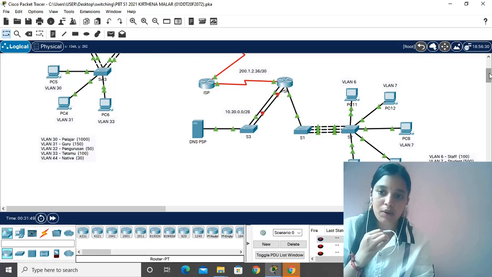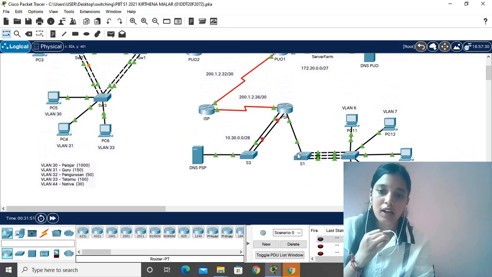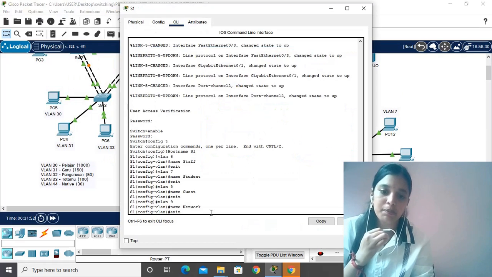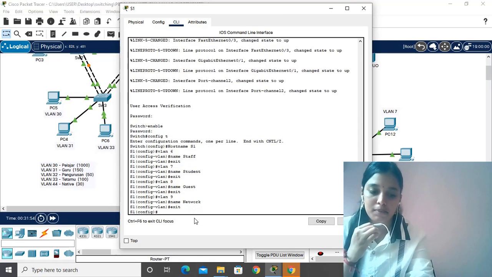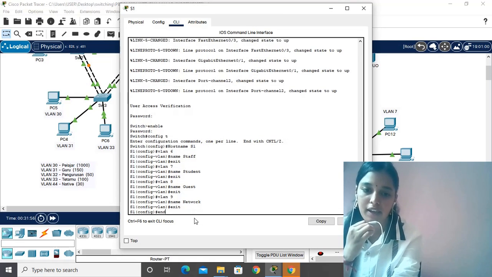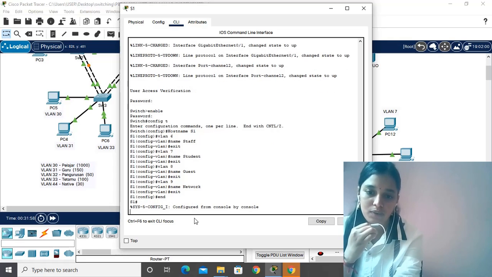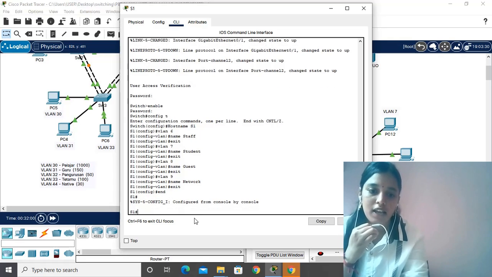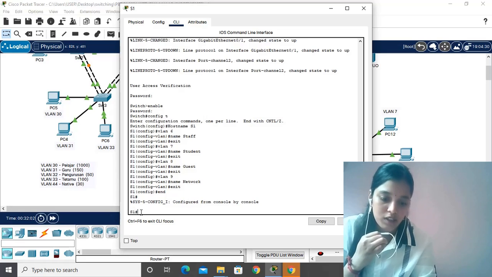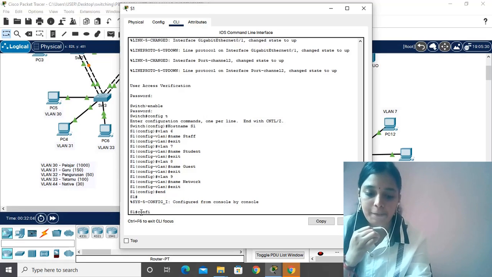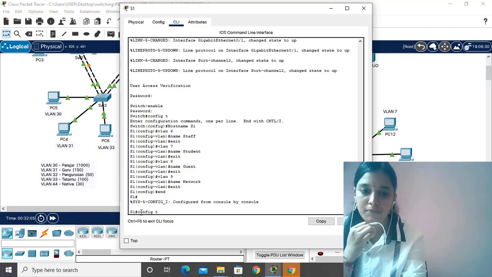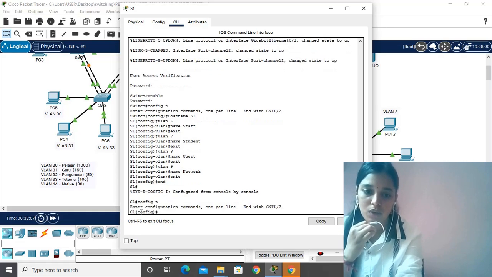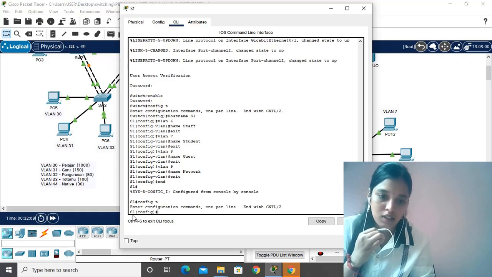Okay, the next step I would like to show is, again I go to the S1, exit. Okay, must write the N, type N. Okay, it is shown like this in the CLI. Okay, they are going to S1, so config T, that must be in a config T. Once we start to do S1 config, okay, there is shown S1 config, open and close bracket. Here must write the